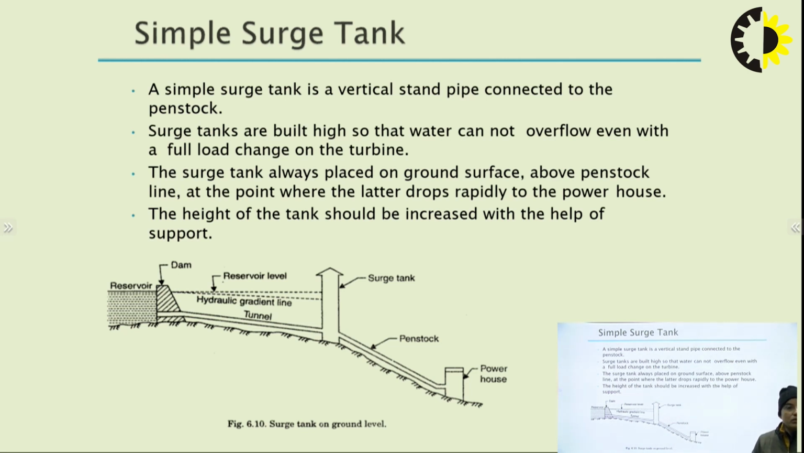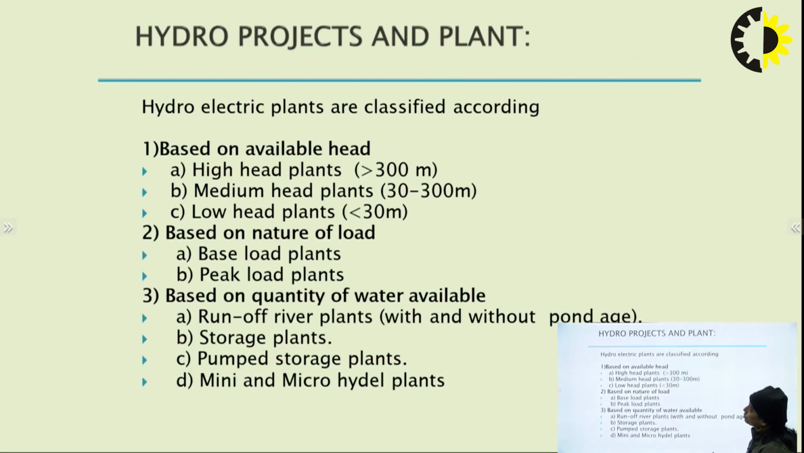So the surge tank is always placed on the ground surface above the penstock line at the point where, you can see, the pressure changes. At that point we construct the surge tank. The height of the tank should be increased with the help of a support. So based on the